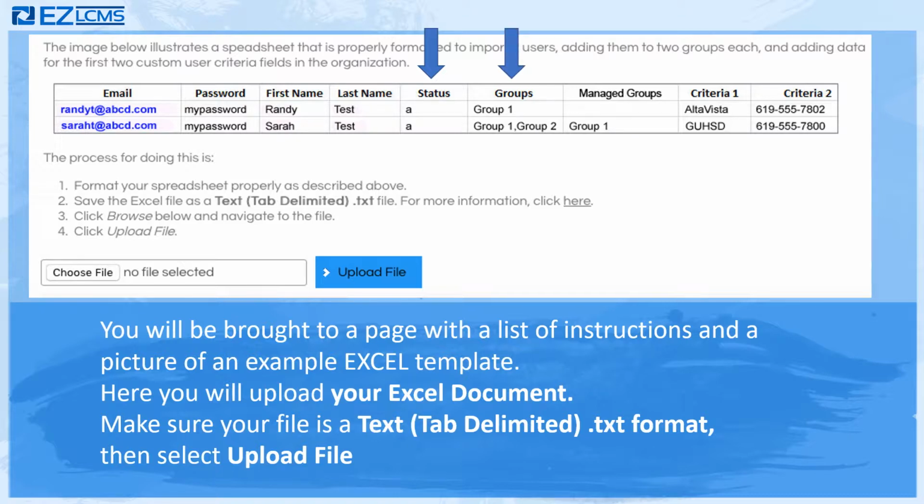Groups. You can have the import create groups for you. If the name of the group does not already exist in the system, then it will be created here. You can also put the user in multiple groups by using a comma separated list. Be careful though, Group A and Group a, one with a lowercase a and the other with a capital A, would be two different groups and it would create both. If you decide to use a comma separated list, be sure here that there are not spaces before or after